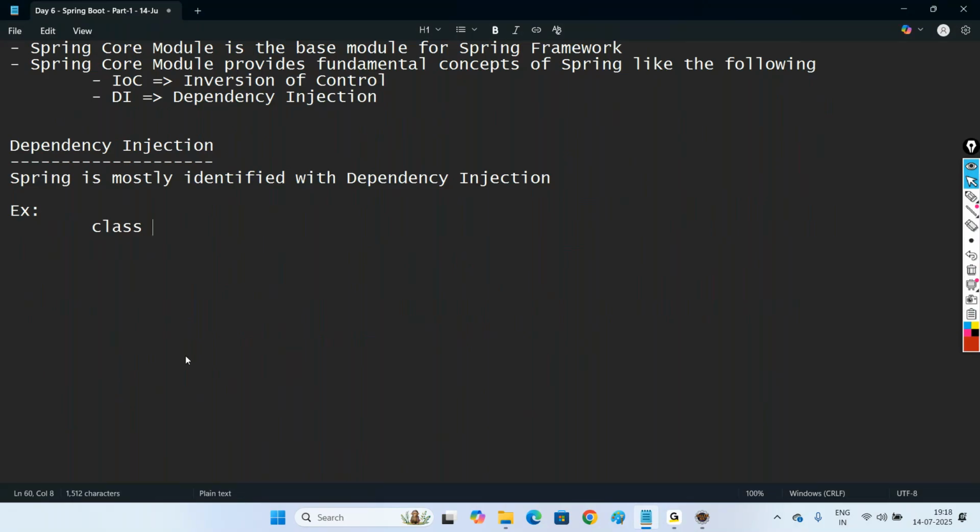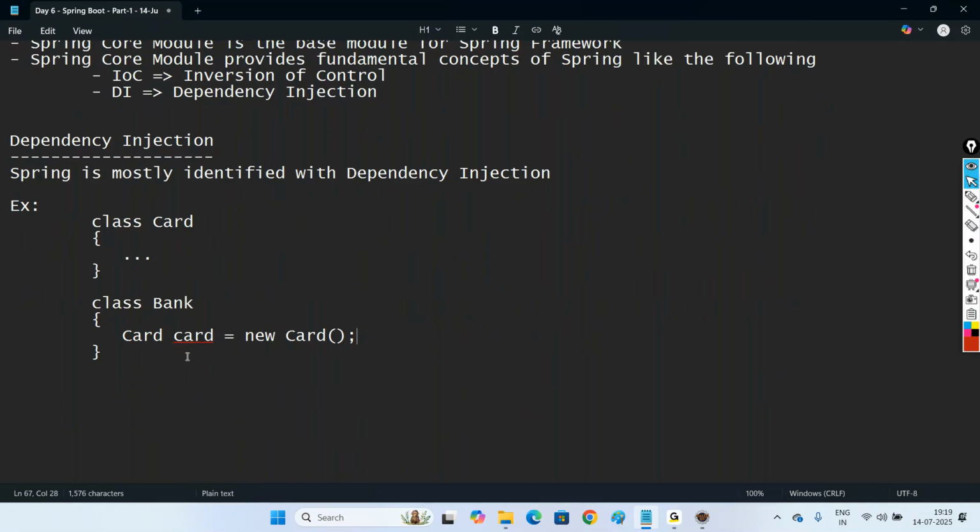Let us suppose you are having a class called card. The meaning of card is like a debit card or credit card, a bank related card. So we are having a class card. Then we are having a class bank. In bank, we are creating object of card directly. So when you create object of card directly,